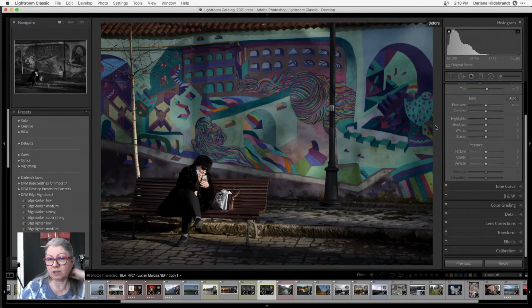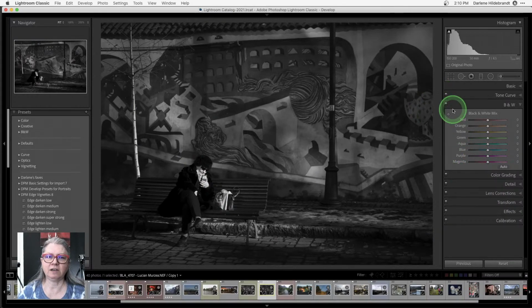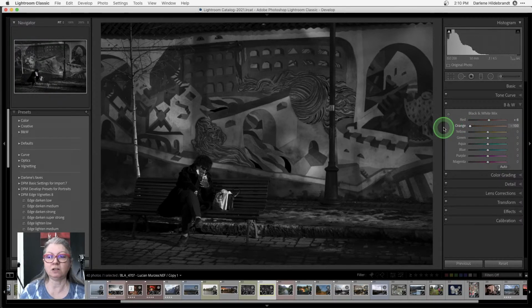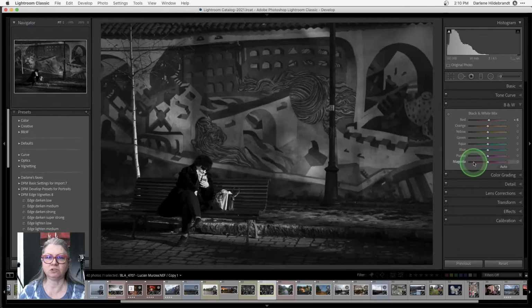The reason I've done that is that I want to see the colors in the mural so that when I'm adjusting these sliders, I can decide which ones to dial up or down. And this is where you really have to experiment. So red up or down, you can see that's affecting the lady's face, so you want to be careful with that. Orange is going to affect her skin tone as well. So it's affecting the original colors in the image. See how she's got a really bad sunburn now? So you want to make sure you don't do that.